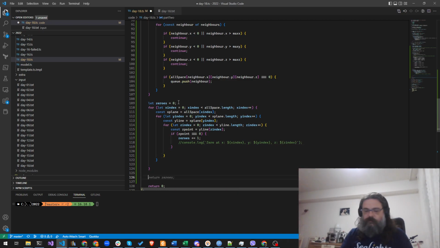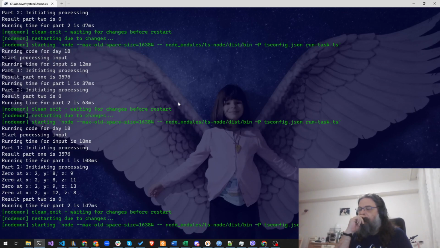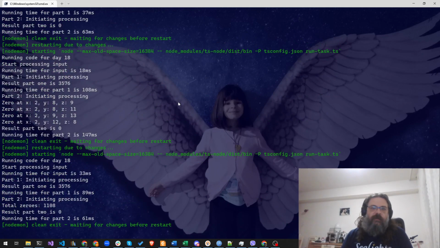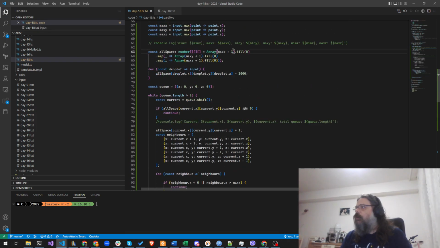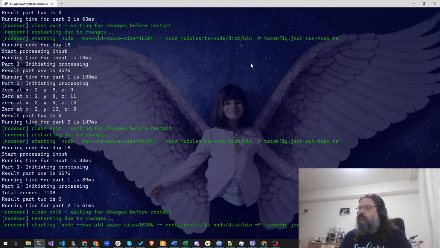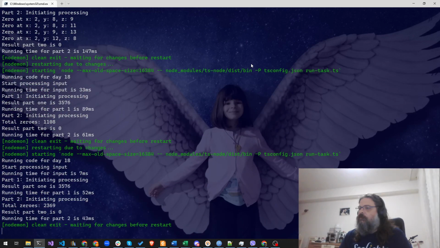Yay, so let's count the 0. And let's log. Let's see how many zeros there are total. 1108. And what happens if I widen the array a bit? So it's plus 2, plus 2, plus 2. Of course. How could there be more zeros now